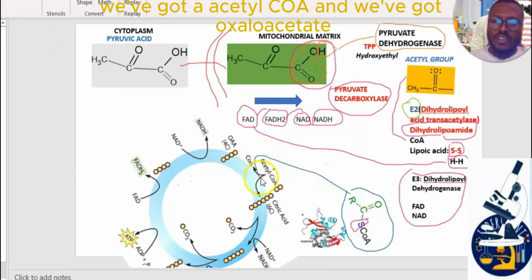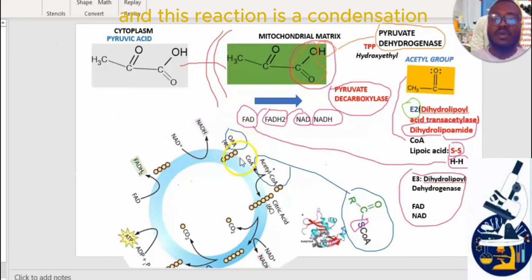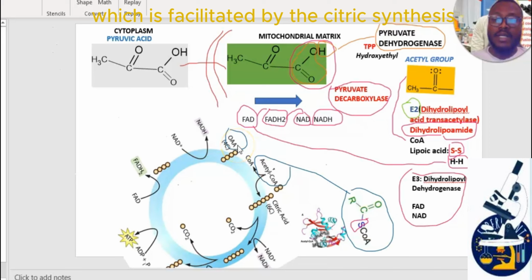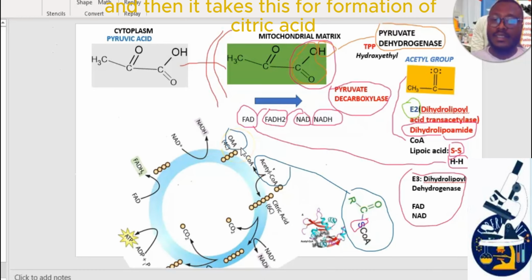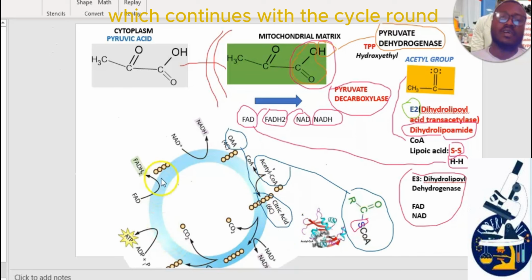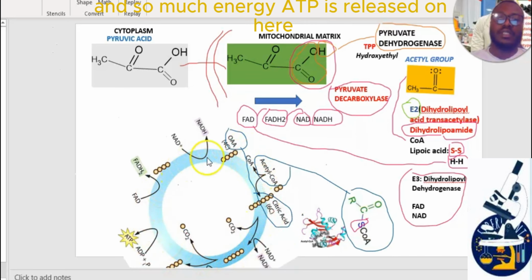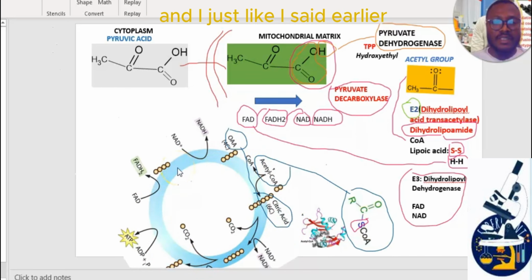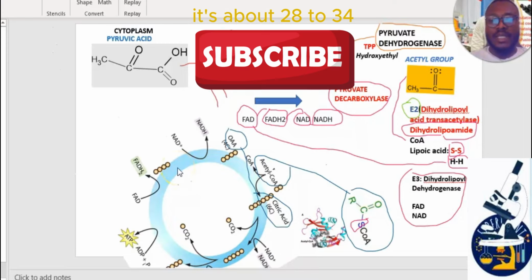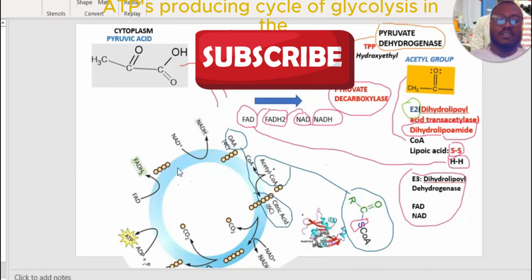So it goes this way. You've got acetyl CoA and we've got oxaloacetate, and this reaction is a condensation which is facilitated by citrate synthase, and then it leads to the formation of citric acid, which continues with the cycle round, and so much energy, ATP, is released here. And just like I said earlier, it's about 28 to 34 ATPs produced in the cycle of glycolysis in the